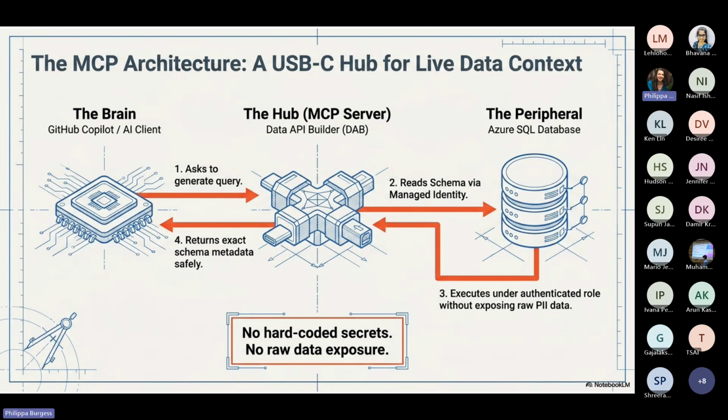So you've got the brain asked to generate a query, and it returns the exact schema metadata safely, one would hope. And then two, it reads the schema via the managed identity and executes under an authenticated role without exposing raw PII data. So these are other terms that you really need to know when you're working with data. PII is